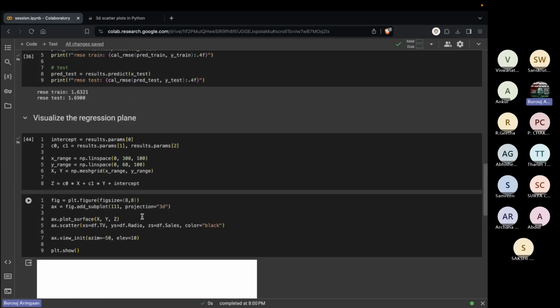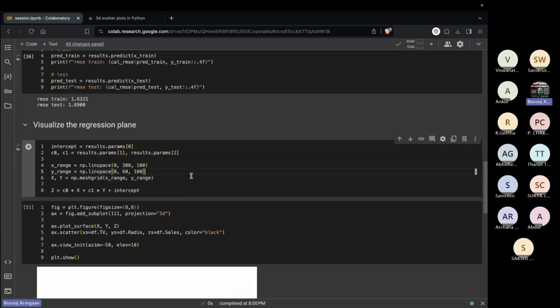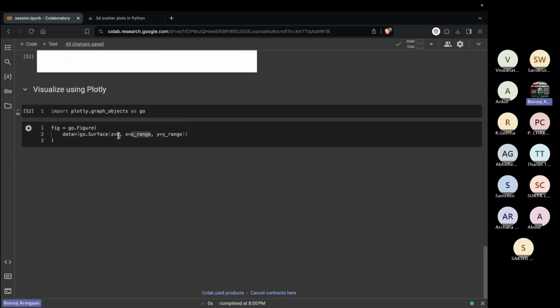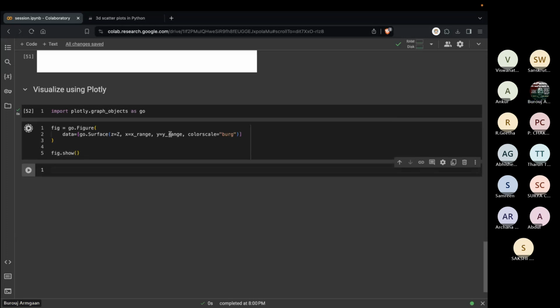I just passed the linspace. Plotly itself creates the grid. It doesn't need the grid in this case. So I'll say my z values are these, my x values and y values are as follows. And let us say we pass a color scale as burgundy. If we do fig.show,